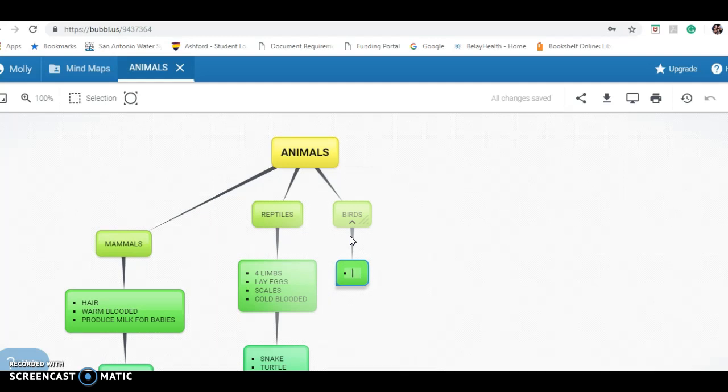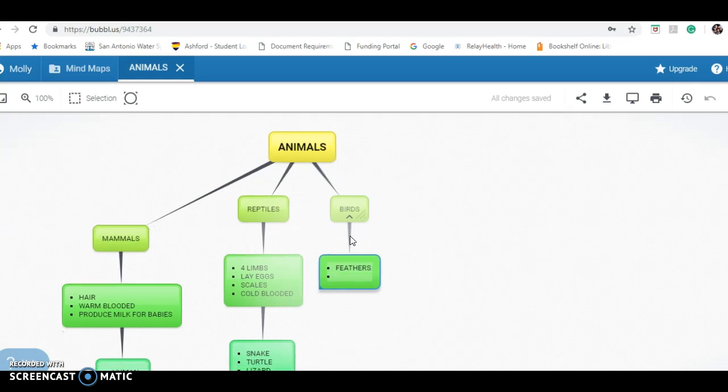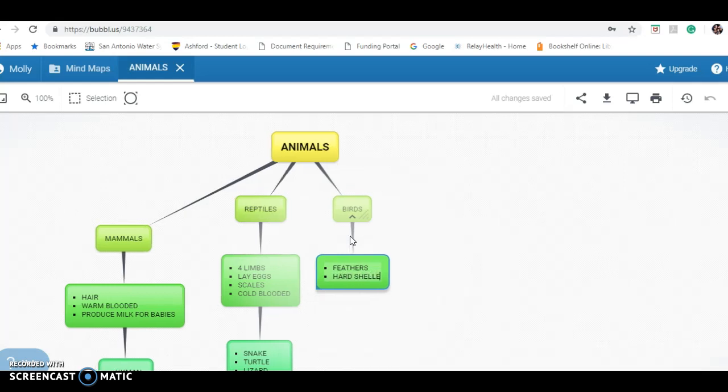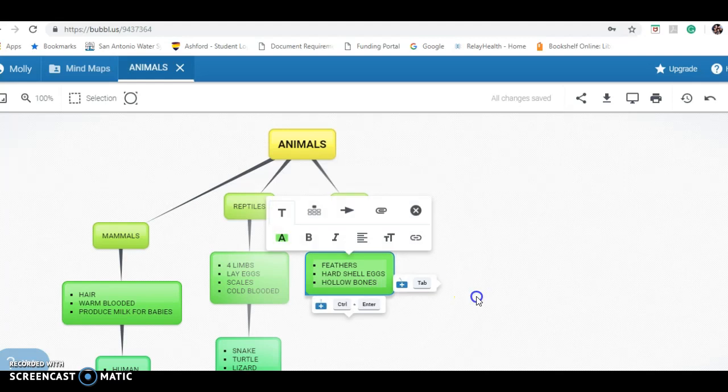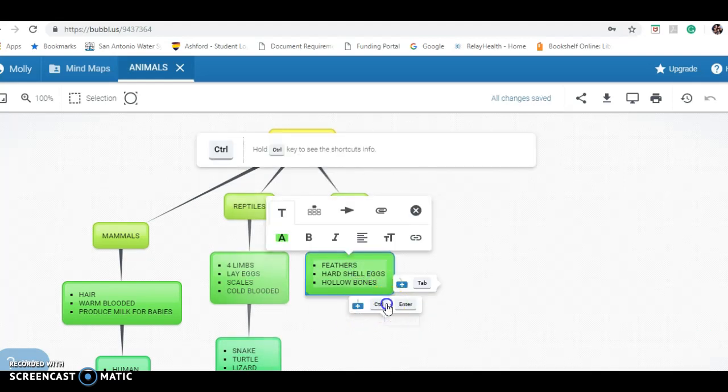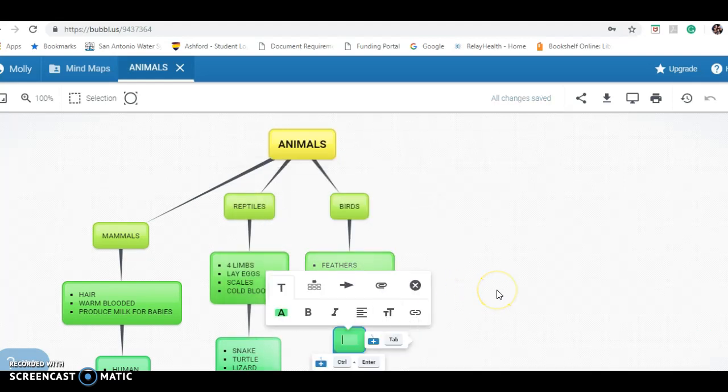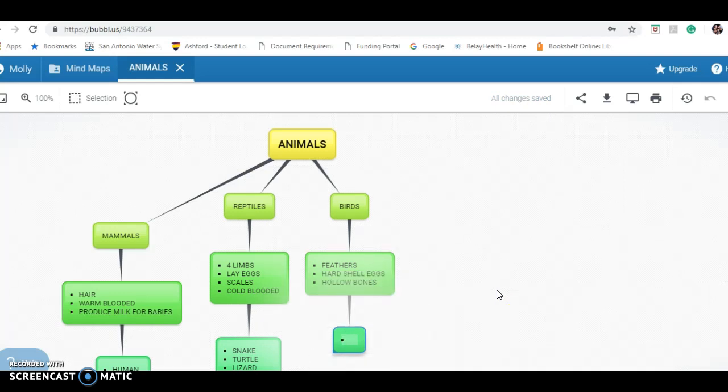Anything, Jaden? Feathers. They have feathers. Okay, Jordan? They have a heart. Their eggs have hard shells. They lay hard-shelled eggs. Yes. Okay. Anything else? They have hollow bones. Good. Those hollow bones so they can fly when they flap their wings. Cool. Okay. Let's add a little box onto there and do the asterisk and a space again and think of